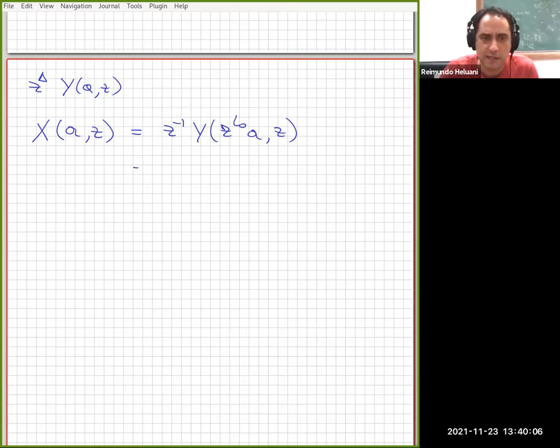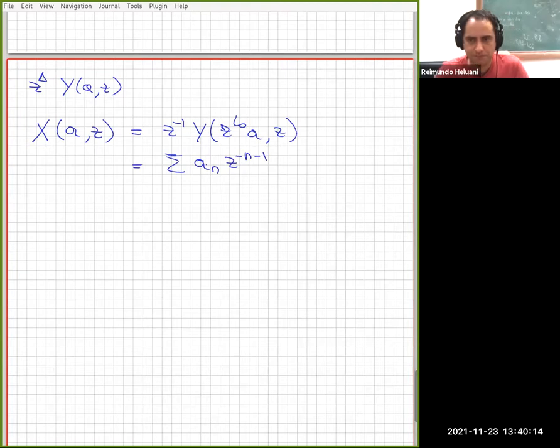And the reason I'm using this is that now the expansion in powers of z is a_n z to the minus n minus 1. And now these a_n are the ones that are graded in the module. These are the guys that raise or decrease energy by n. The important thing is that these vertex operators X of a z carry the information of the original vertex operators. They don't have this exponential change of coordinates embedded into them. So I'm going to call them modified vertex operators. They satisfy a useful identity